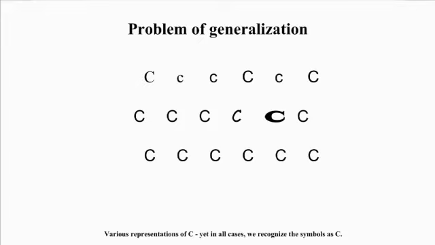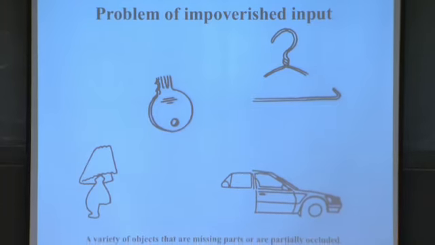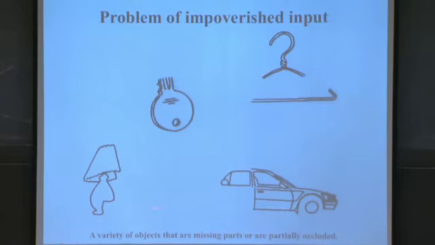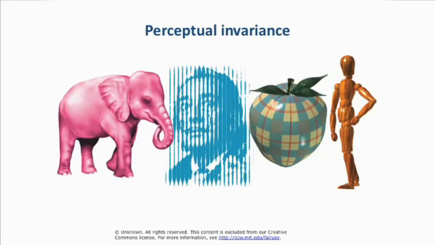So our visual system does this kind of brilliantly, and also you can get very impoverished views. A key might be covered by something, closed on a hook, there might be a book over here, there might be a fire hydrant over here, or a person, and yet, even though you get only partial information, it's relatively trivial to discover for you what it is you're looking at.